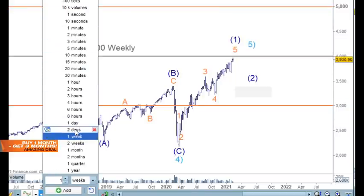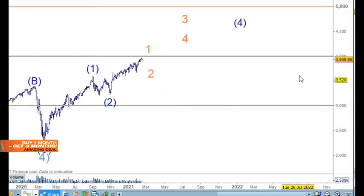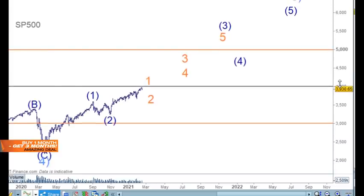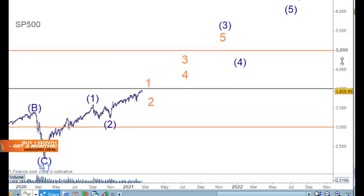So for a longer term count, we looked at this here, which would be in line with the commodity cycle. We can look at this as wave 1 and 2 here, and 1, 2, 3, 4, 5 and 4 and so on. So that's a much longer term count. Will that occur? Well, I don't know, but if the commodity cycle...